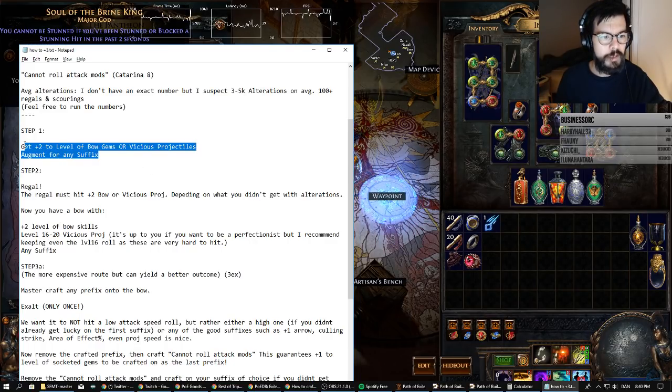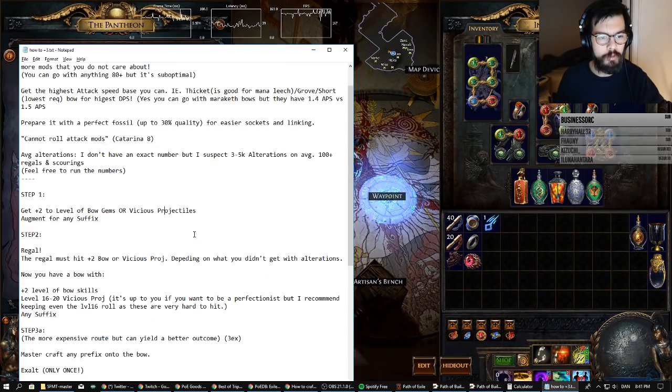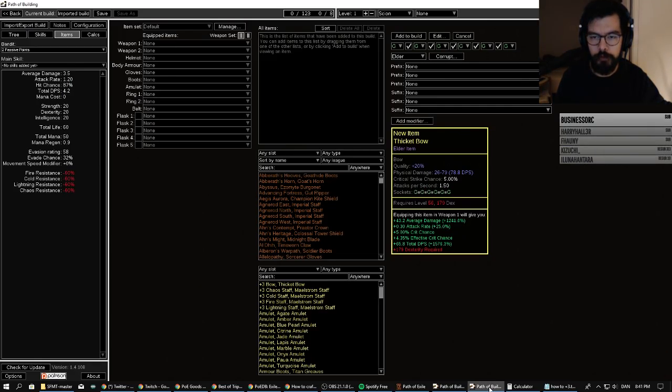Okay, step number 1. All of this I will put in a little paste bin, and you can follow along if you don't want to watch the video. But I'll go over here and show you how to actually craft it. So imagine this is your bow, and now we're going to alter. So you sit there and you transmute,